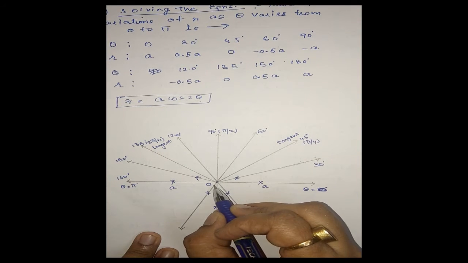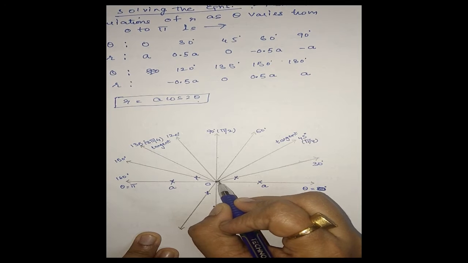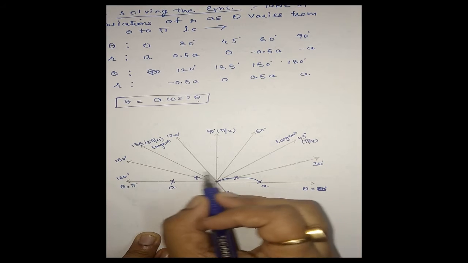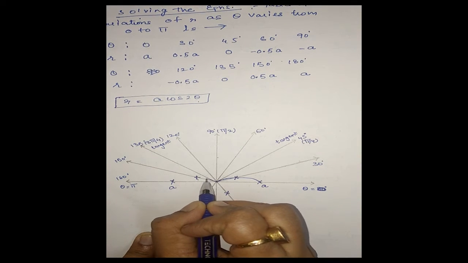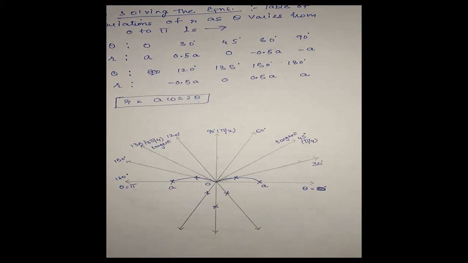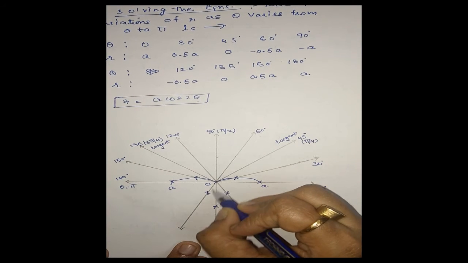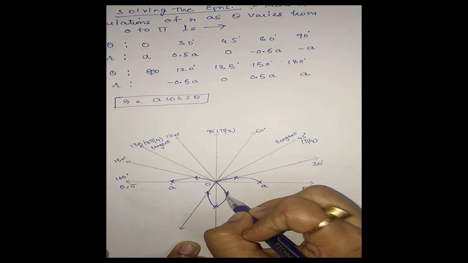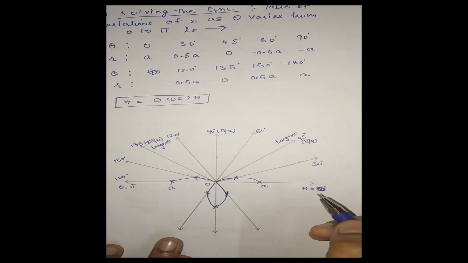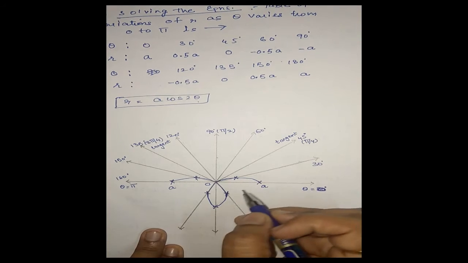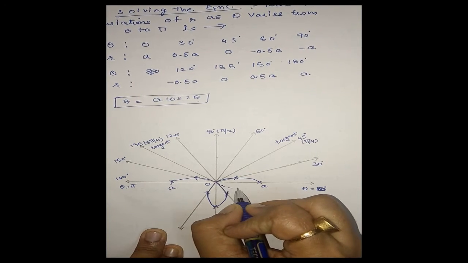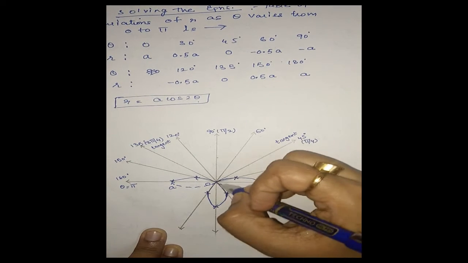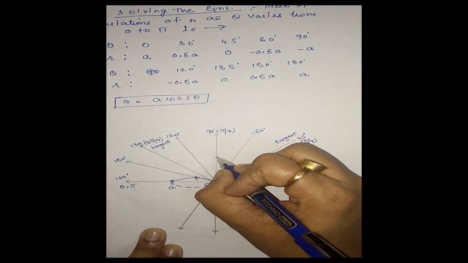Now since the line theta is equal to 45 is a tangent, I can draw my curve like this. Again, 135 is a tangent at the pole, therefore the shape of the curve is like this. In the same way here, joining these points, the curve shape is like this. Now this curve is symmetric with respect to the initial line theta is equal to 0. Therefore, by symmetry, we can complete the curve in this form. In the same way here also, this is a here.